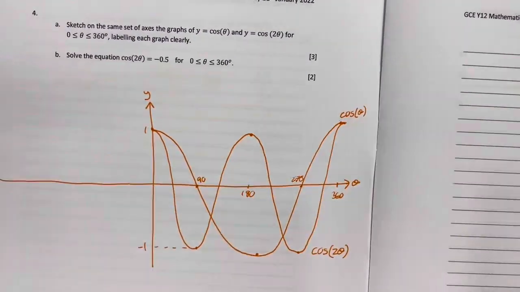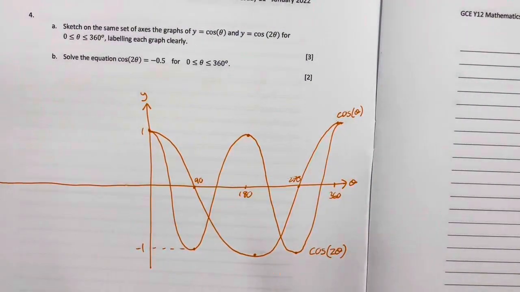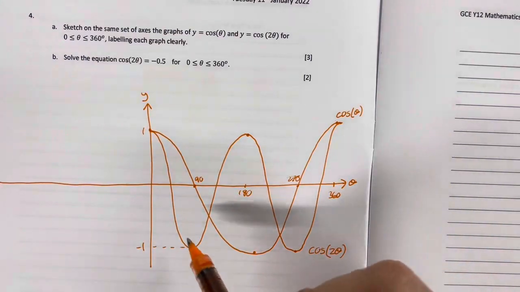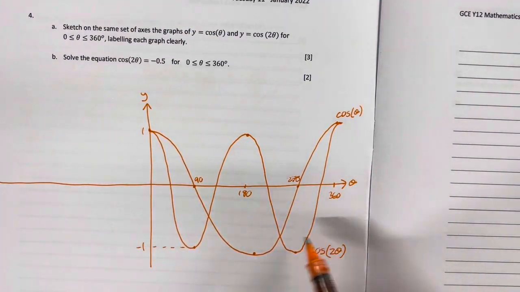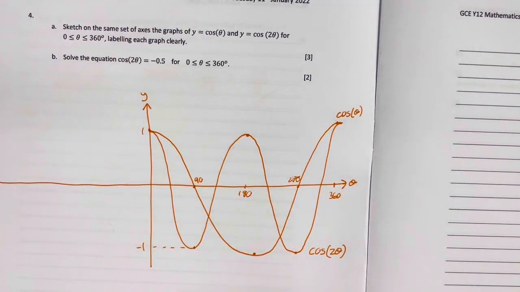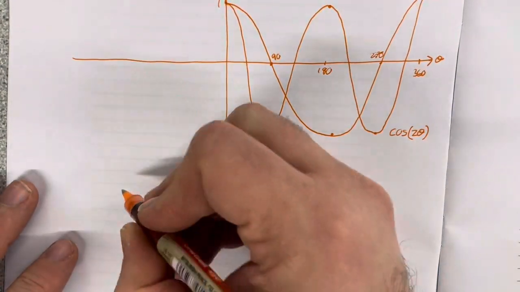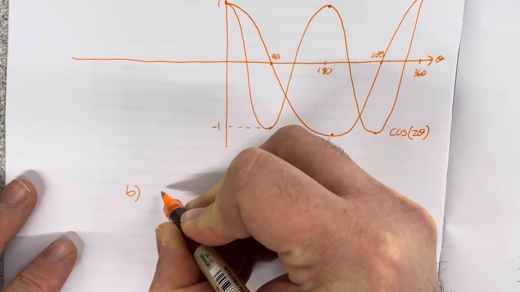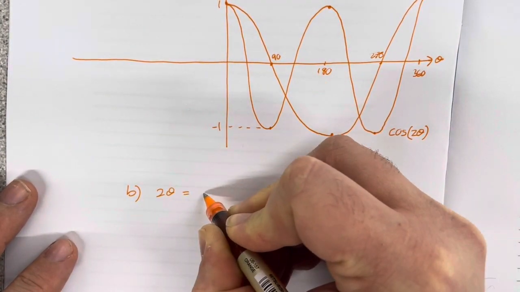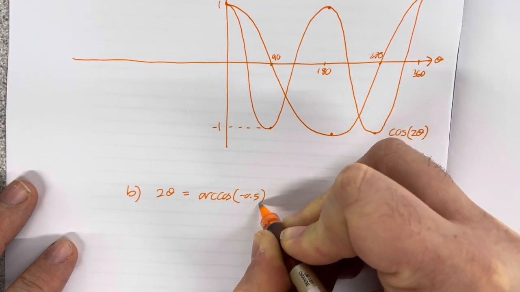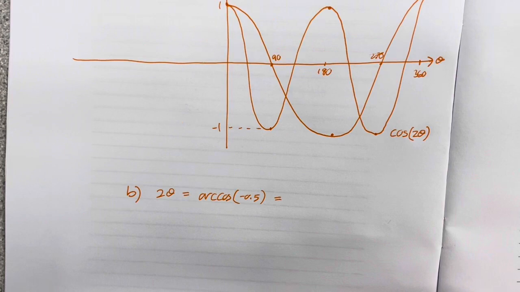Part B, solve the equation cos of 2 theta is minus 0.5. Well, if we look at the first part of this, part A, then we can see if I draw a line at minus 0.5, it's going to cross this 2 theta curve in 4 places. So we're going to look for 4 solutions to this equation. So B, I'm going to say 2 theta equals arc cos of minus 0.5. If you inverse cos minus 0.5,